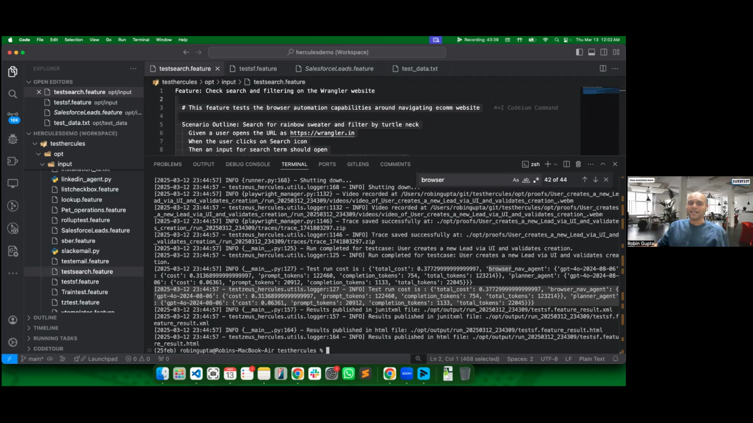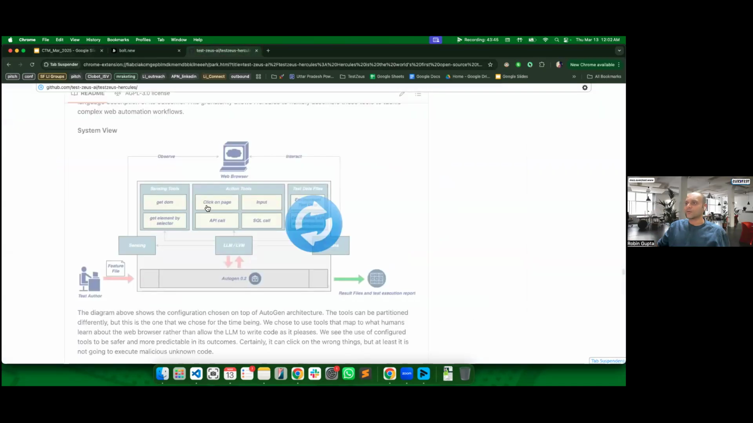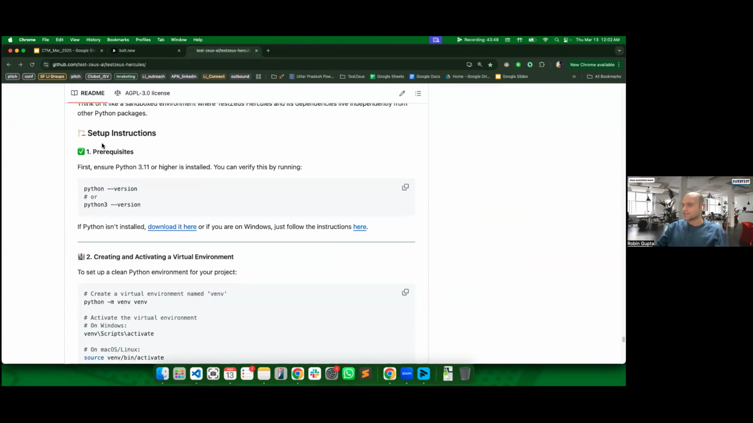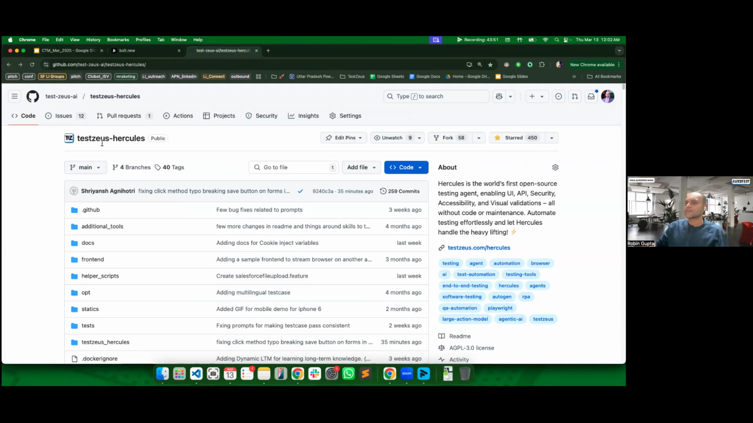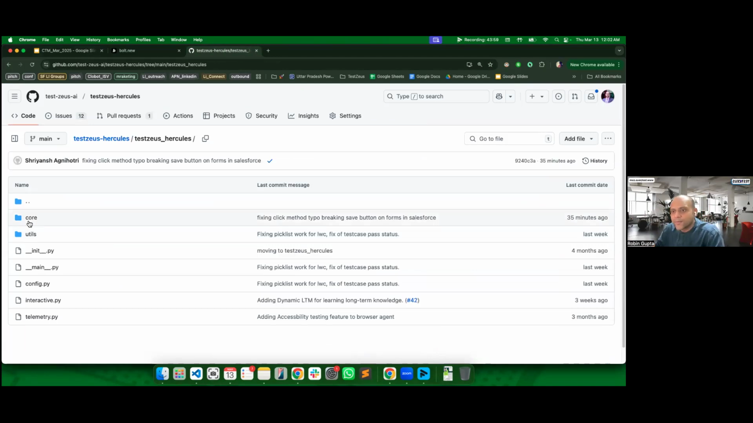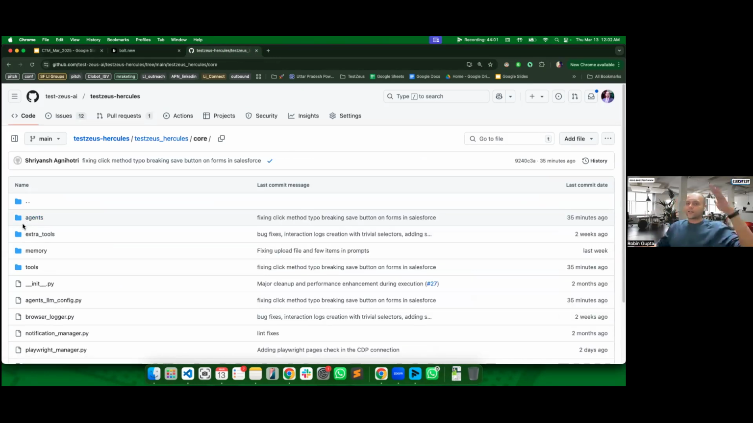Can we walk through one of the agents? It's code. Yeah, 100%. So for example, if you go to the repo, you can find us over here. So Tezus-Hercules is the repo. And in the core, you can go here. You can find all these agents. So inside the agents,